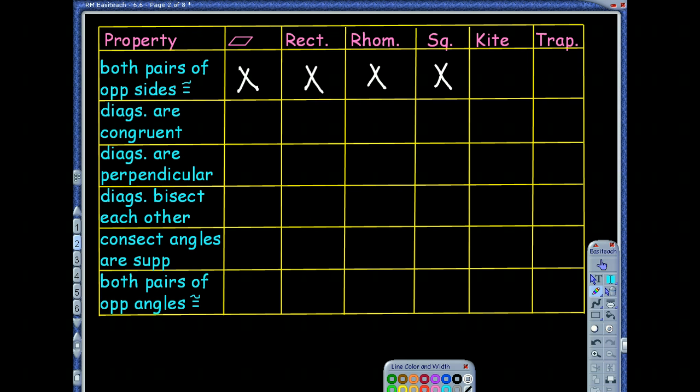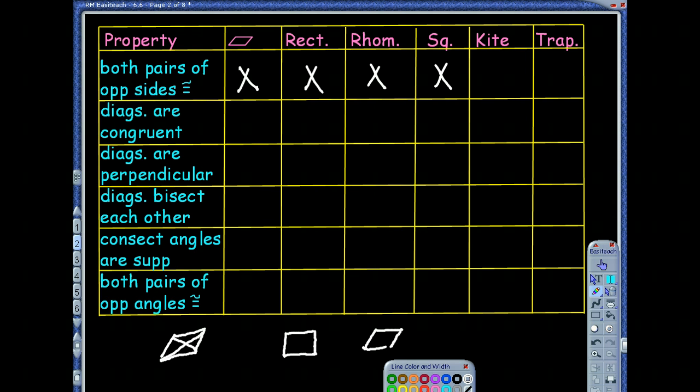Okay. And if it helps to draw a picture of some of these things, it might help. So if I'm thinking of a parallelogram, you know, that's not a property of a parallelogram. I know that the diagonals bisect each other in a parallelogram, but that doesn't mean that they're going to be congruent. So it's not a property of a parallelogram, which means it's not automatically a property of a rectangle, rhombus, and square, but it could be. Right. Okay, so I'm thinking